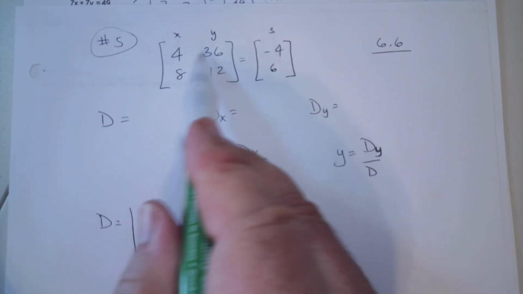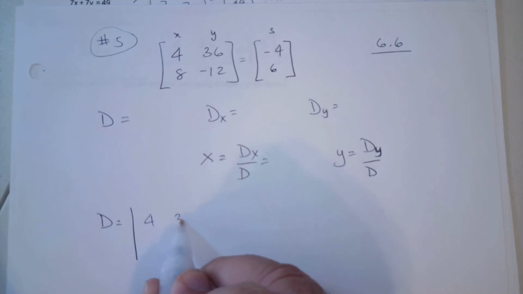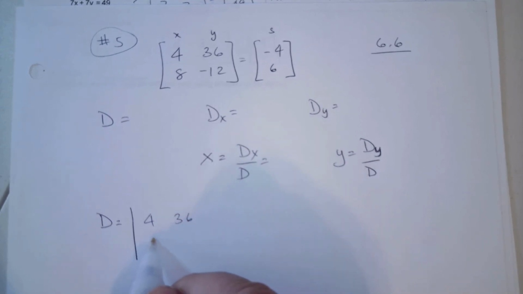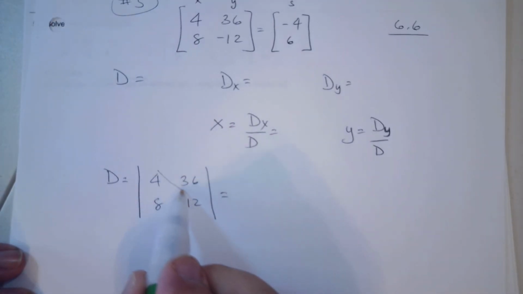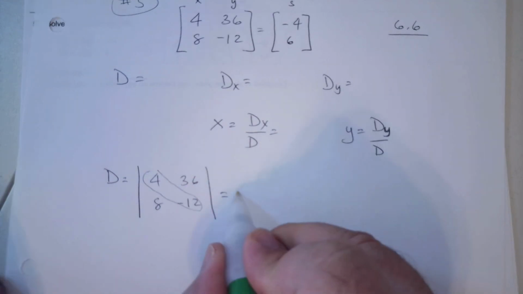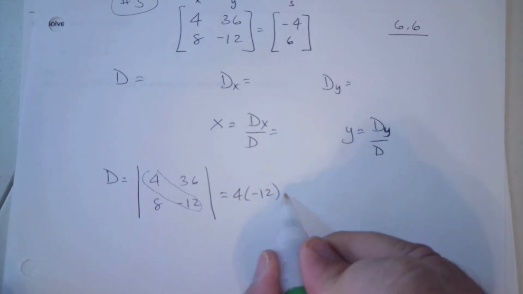So it's just what's inside the main box. So it's 4, 36, 8, negative 12. The determinant of that one is 4 times negative 12